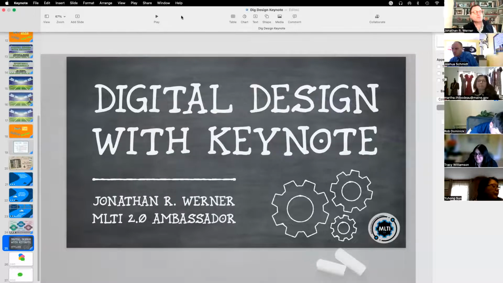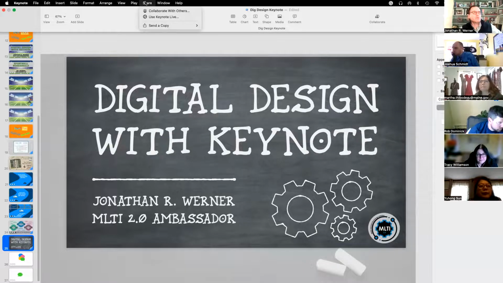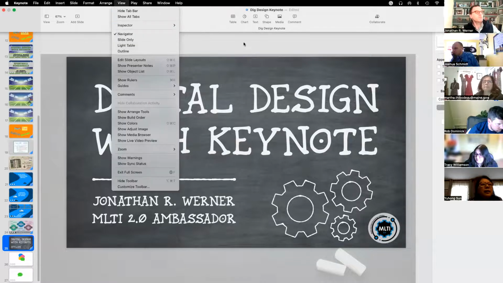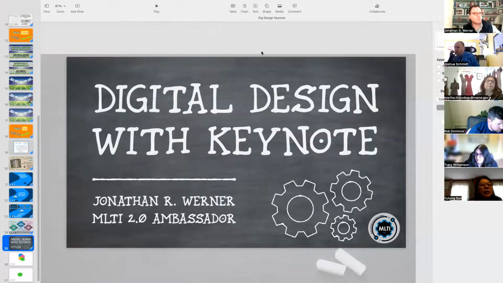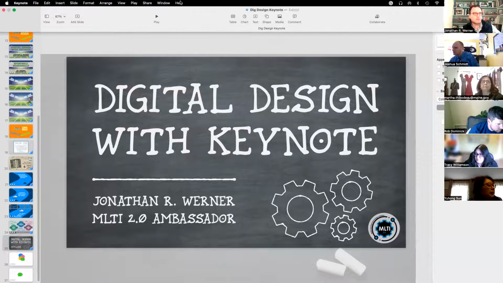I will say there's also a capacity that can be pretty cool to collaborate here. You can share and then collaborate with other people in a Keynote. If I'm on the regular screen here and I slide up to the very top, my menu for share allows me to do that. And then Keynote Live, theoretically, is fantastic, meaning it would operate exactly like Google Slides, where you'd